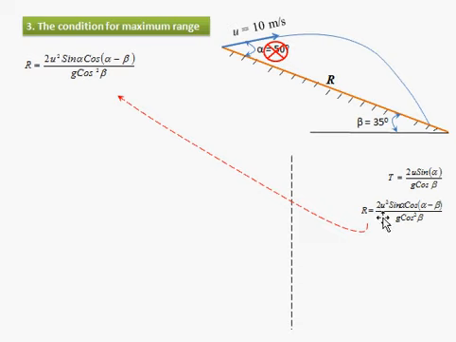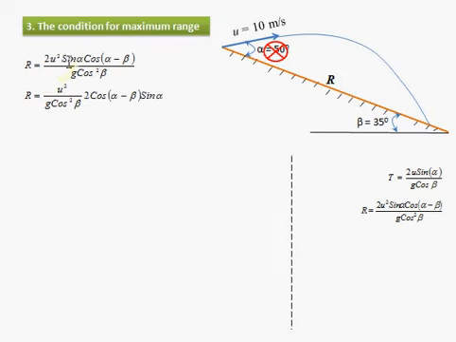I am utilizing the R formula. I am rearranging it so that the cos and sine are present here. We need to go for a brief analysis. Alpha is what we need to find out here, but alpha is present in two positions, first here and another one here. So it has to be reduced so that the calculation will be easier.